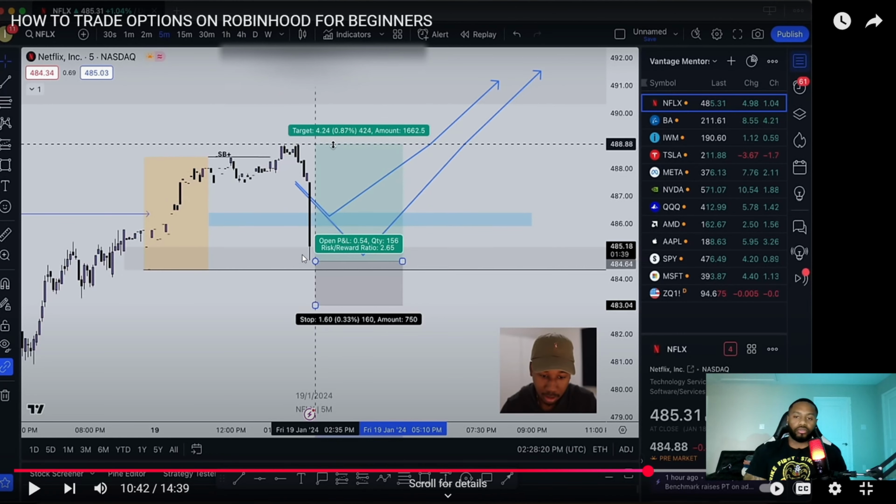So first off, he already had a plan. He said he would get Netflix as long as it doesn't break this line. I don't know why he has this line there, but that was his plan. If you ask me,